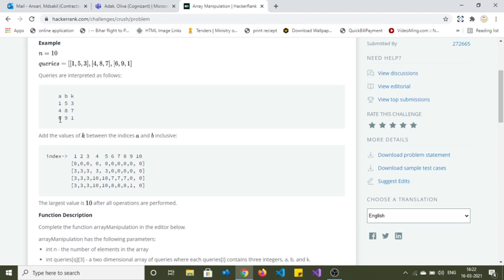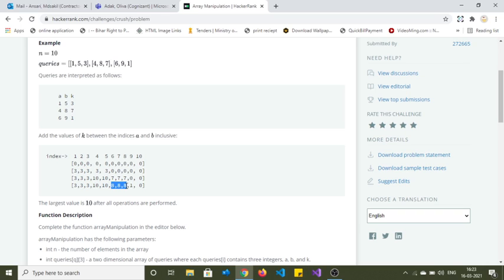The next query says add 1 from the starting index 6 to 9, so starting from here to here.